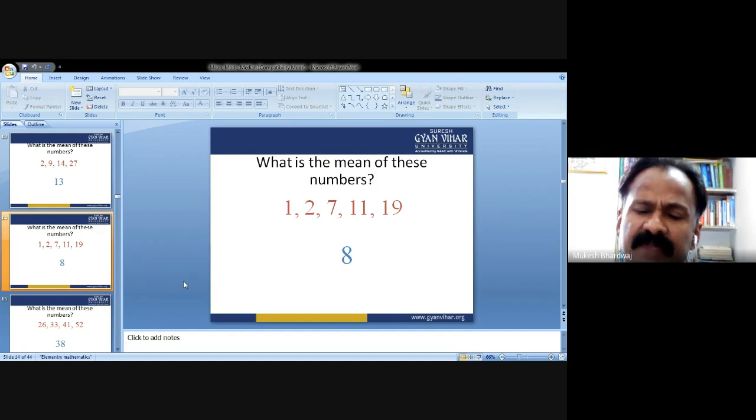Okay. So these are some very simple examples. You can go through examples of various types of data provided in many reference books. I have already given you the names of the reference books. Either you can purchase the reference book, or if you don't want to purchase, you can go to google.com. There you find a lot of questions and PDFs available related to the average or mode or median and all that.